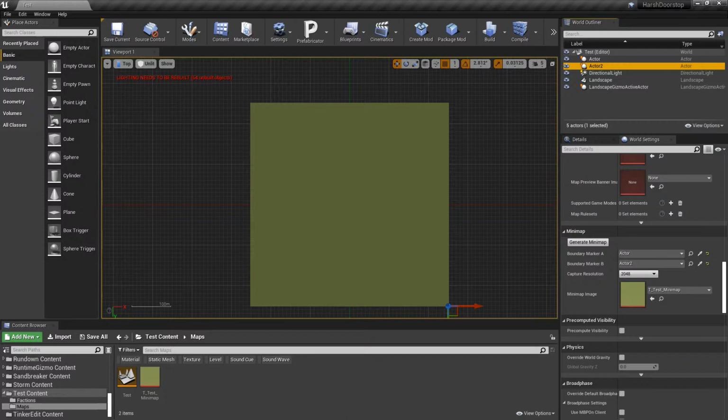Alright, so there's a couple things we still need to go over before we can package up your basic map. We still need to go over the capture points, the nav mesh bounds volume, and then how to package it. And I've got a couple extra things I can show you that I like to do, or just some of the basic stuff that I think you need to know for creating terrain and stuff like that as an extra. So capture points,